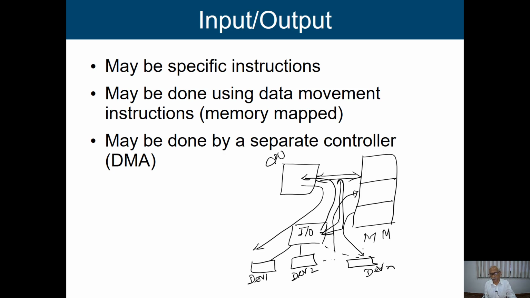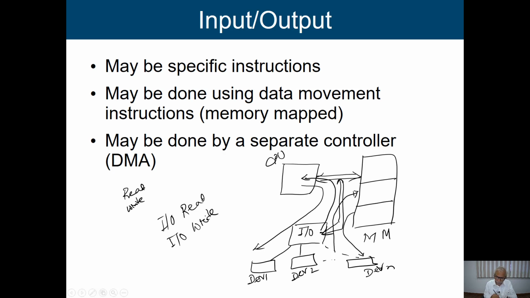So we may have specific instruction to carry out those particular operations, and these are basically data movement operations. Already I said that if I am having read and write operation, then with the help of read and write operation, we can perform it. Or in some machines, I am going to design special instructions, and we call them IO read or IO write. Okay, so this is the way we can look into it.